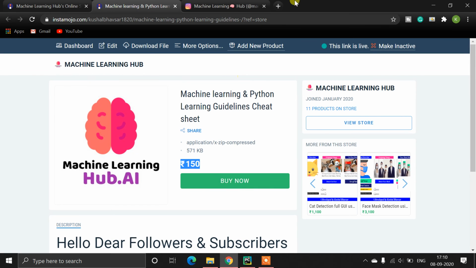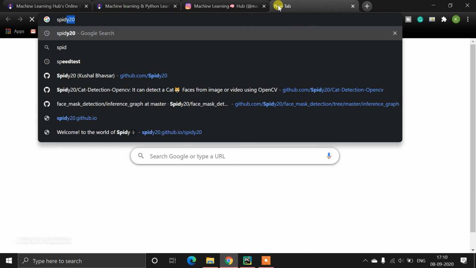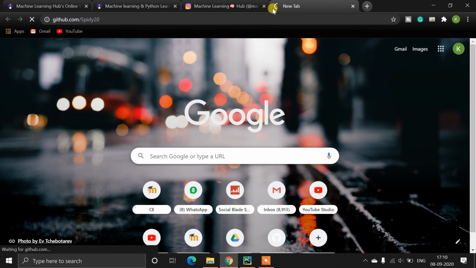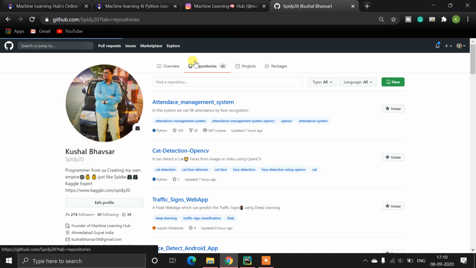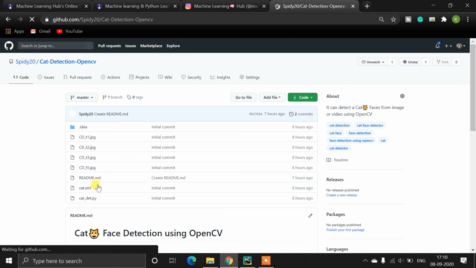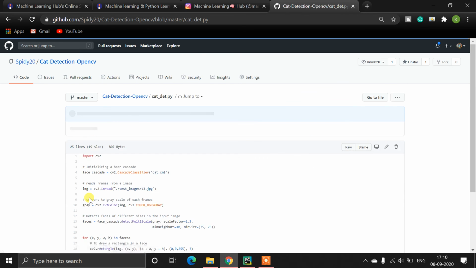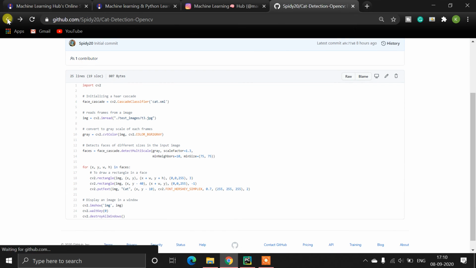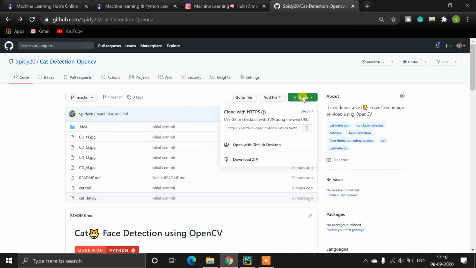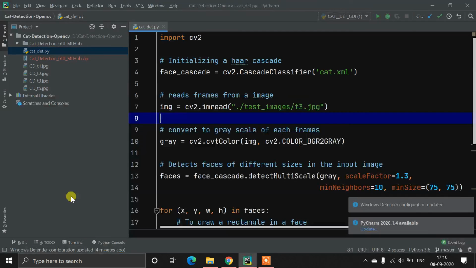For that file you need to go to my GitHub. I will give you the link in the description. So this is my repository. You can get this code from here. This code contains just some basic parts. It's not the full GUI version. If you want the GUI version, then you can buy it from my store. You can directly git clone this project. So this is the XML file here. You can download it from here also.